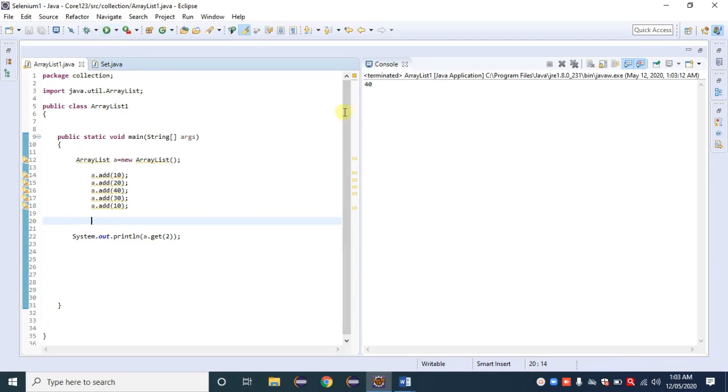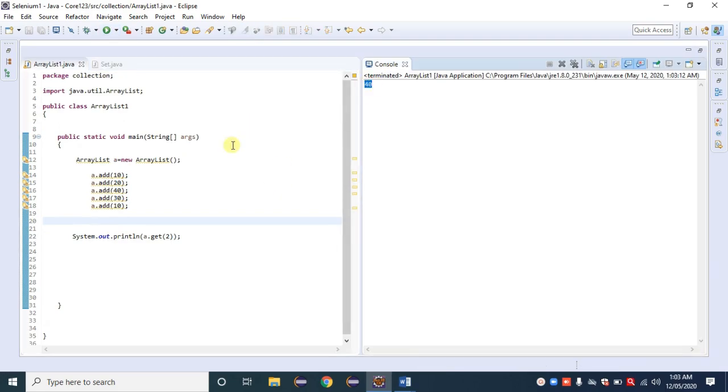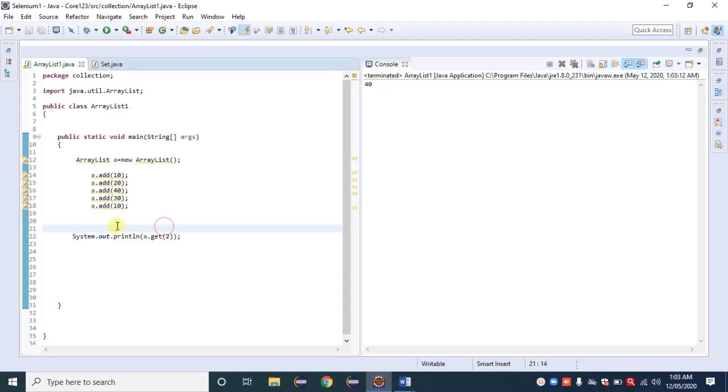We get the output 40, which means that at index number 2 the element available has value 40. The get method is used for that individual calling. We go with the get method by using the reference variable name, a.get, and provide the index number here. We can go with this one also. So we have different calling methods.